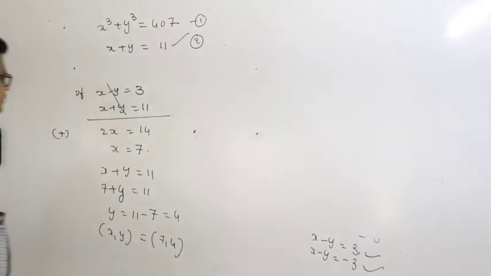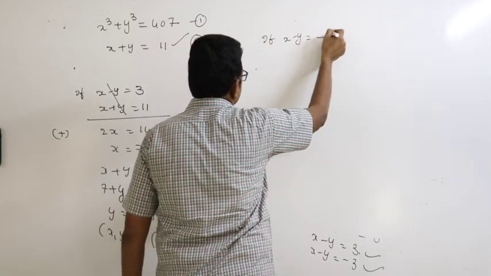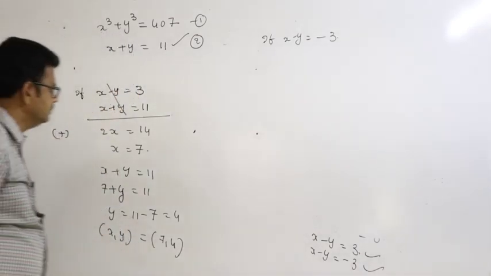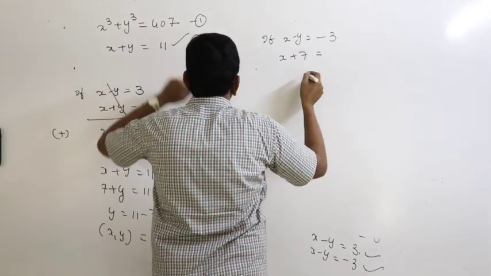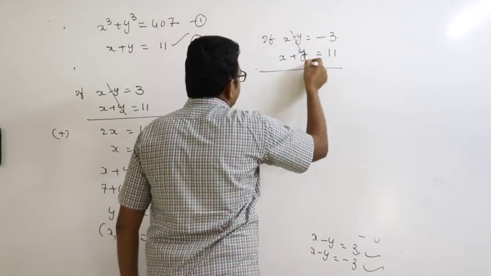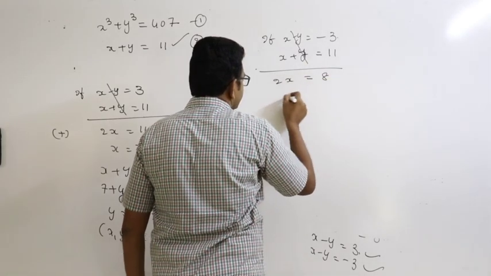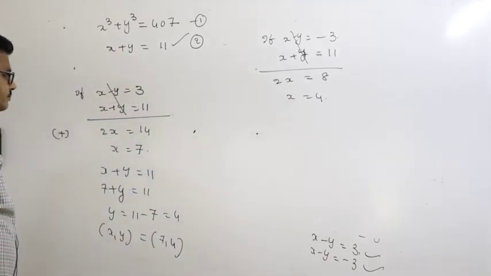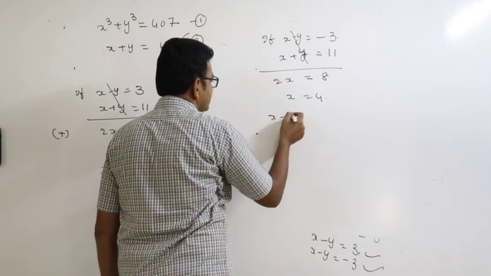7 comma 4. If x minus y is equal to minus 3, and x plus y is equal to 11. Again, by adding, 2x is equal to 11 minus 3, that is 8. x is equal to 4. x equal to 4. And x plus y is equal to